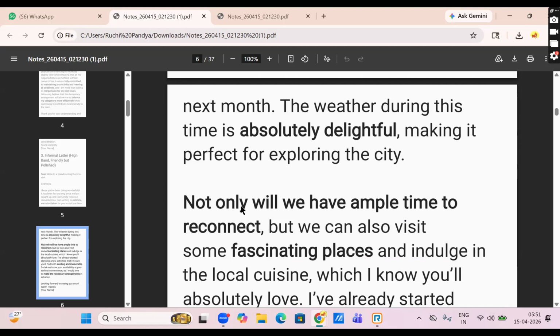Ma'am, is this a complex sentence? It's a compound, right? It's a kind of a not only but also sentence, right? Sort of, yes, it is a not only but also. But why were you getting confused between we will and will we? You tell me the difference between the two.